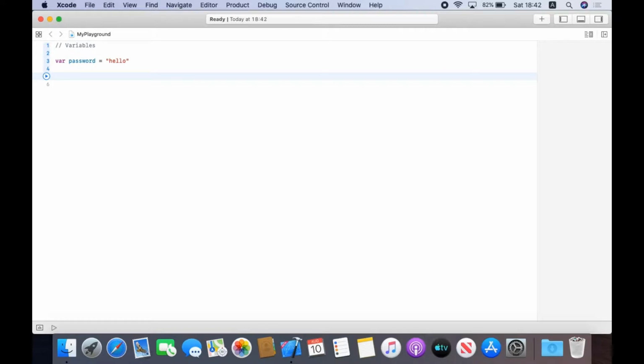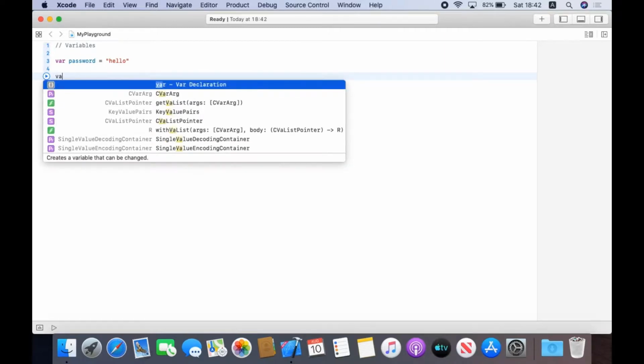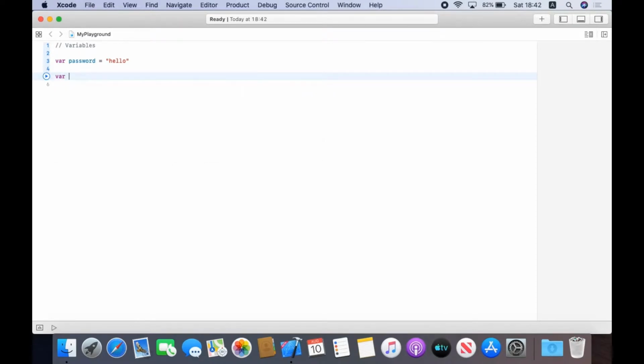It's now a variable entitled password, and it's holding that piece of information, which is the password, and the password is hello. Now, with it being a variable, obviously that can change. So you can change variables. For example, you could do this, and this is the wrong way to do it, by the way. Say you wanted to change your password from hello to goodbye. You might think this is the right way to do it,